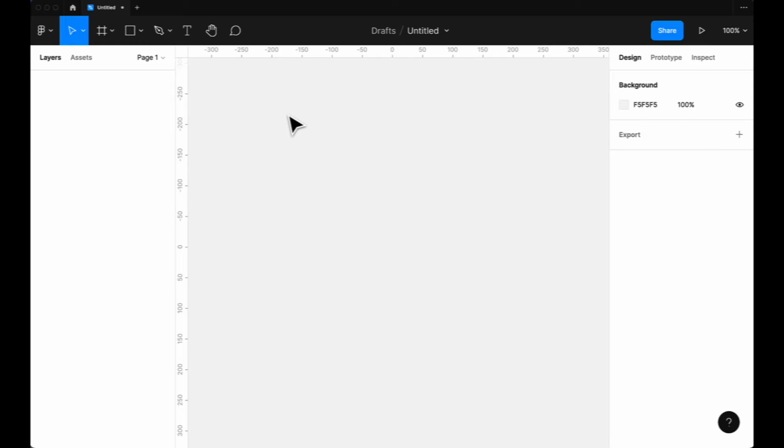and it loads up a new design file for me. So the first thing I'm going to do is to change the title here at the top to landing page. Okay, now that I've renamed the file,